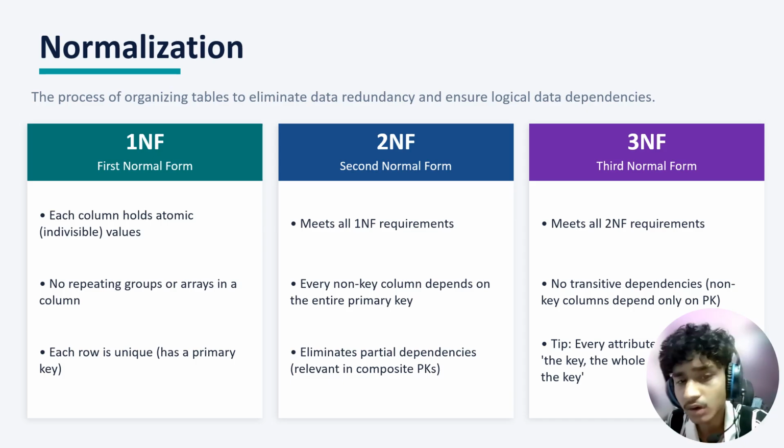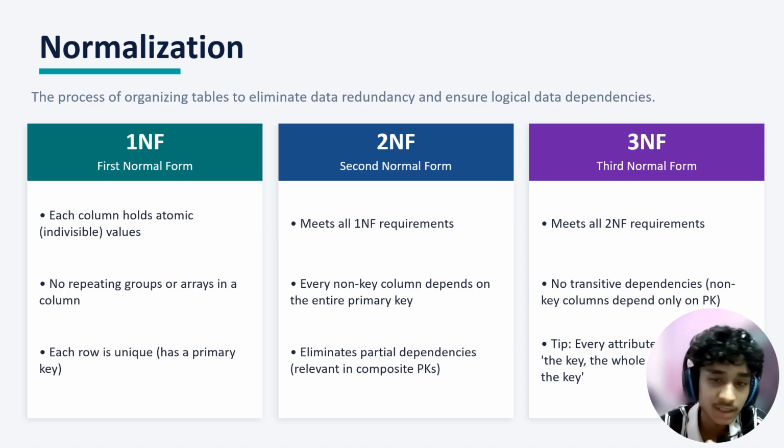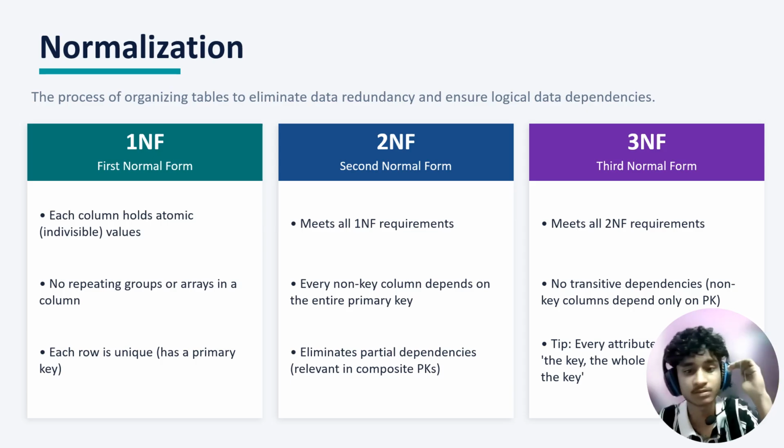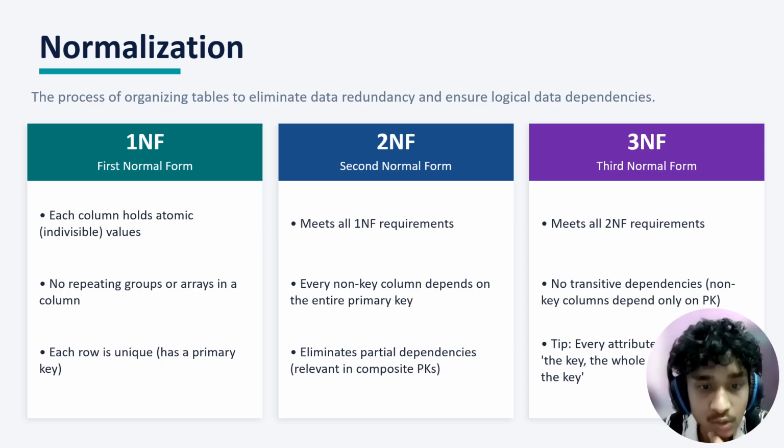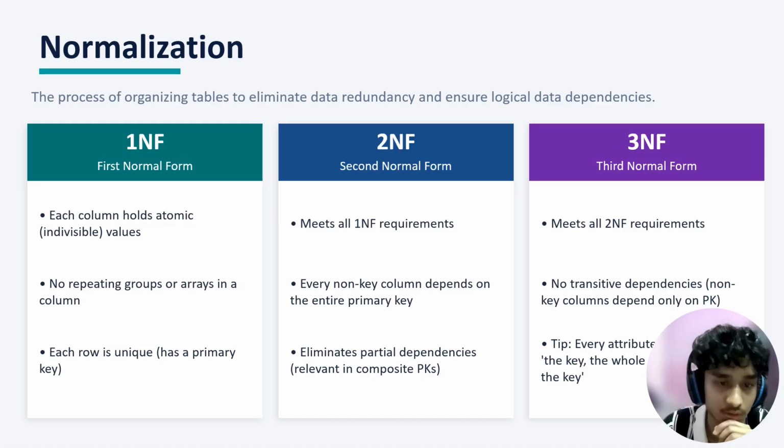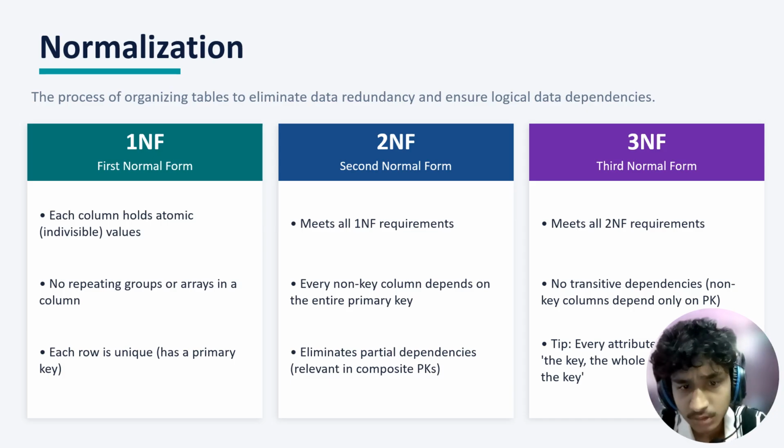Next one is normalization. It is the process of organizing tables to eliminate data redundancy and ensure logical data dependency. We use mainly three types of normalization. First one is 1NF or first normal form. From this slide you can see that first normal form has three qualities. First, each column holds atomic or individual values, no repeating groups or arrays in the column, and each row is unique. So that is 1NF